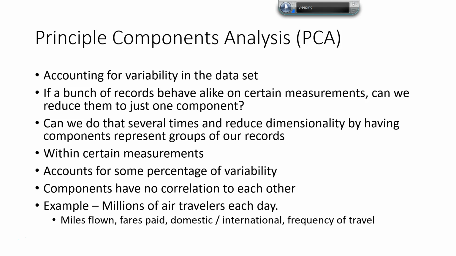So the first component could represent somebody who flies a lot of miles, pays a lot of fare, is going international, and the frequency of travel is very high. That could be one component that represents 15% of the variability in our data set. And we continue to come up with principal components that would represent different combinations of those 4 variables,